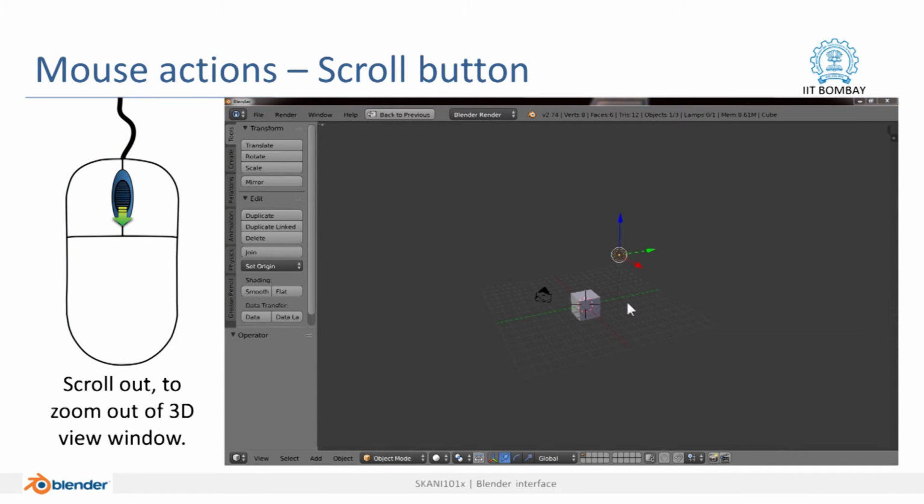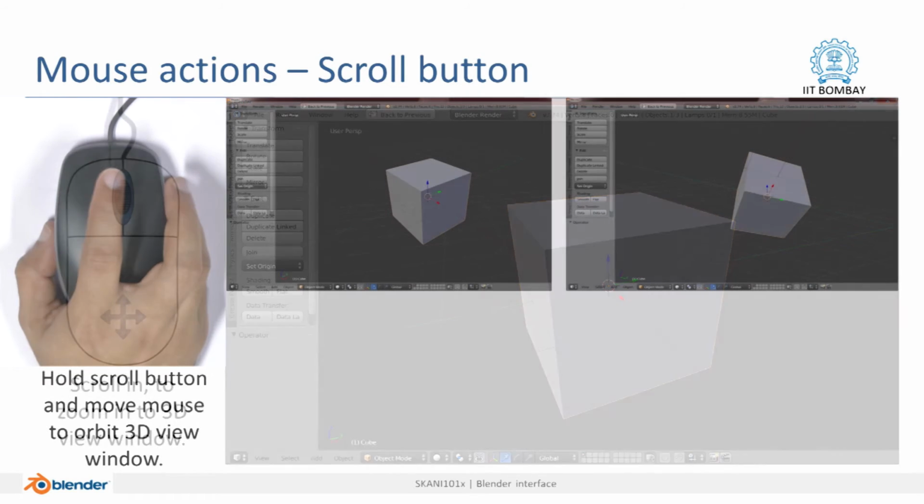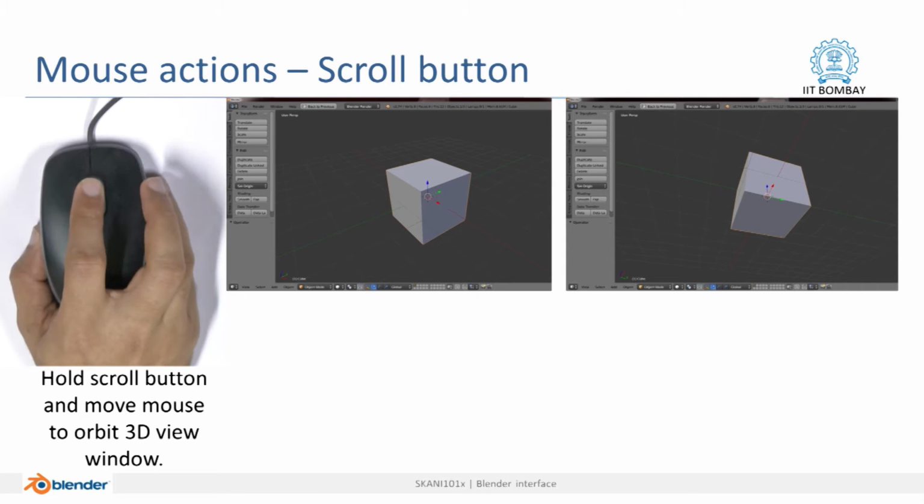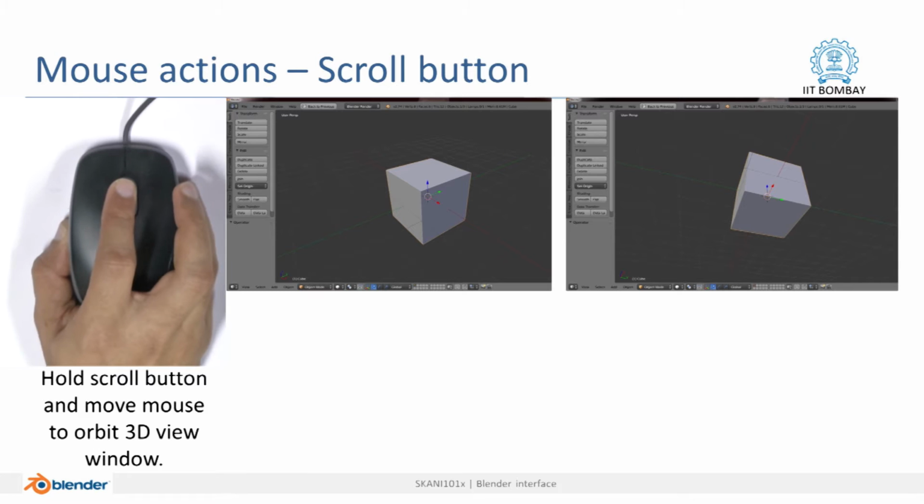In addition to that, there is an option to orbit in the 3D view. So, what is orbit? Orbit is basically you can see the particular model from multiple angles at the same time and you can actually move the mouse. So, for that you hold this button, you click it, hold it and then drag it around.